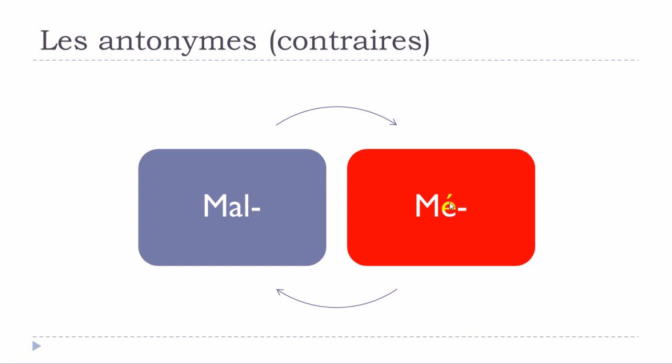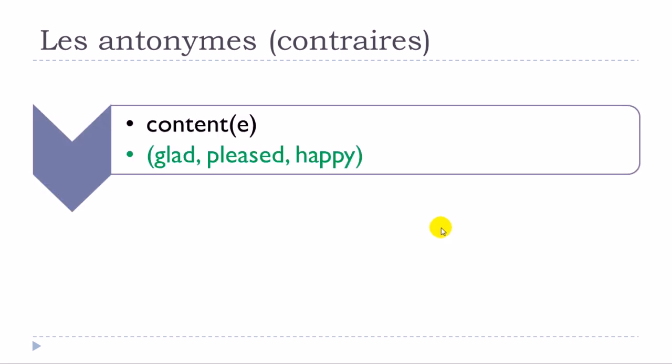So now let's see the one that will start with mais. Okay, and the first one is content. Okay, so I did put the feminine form here like that. So content, masculine form. Of course, if you put the feminine form, then you will have to add this and then phonetically it will be a bit different. It will be contente. Okay, so masculin content, féminin contente.